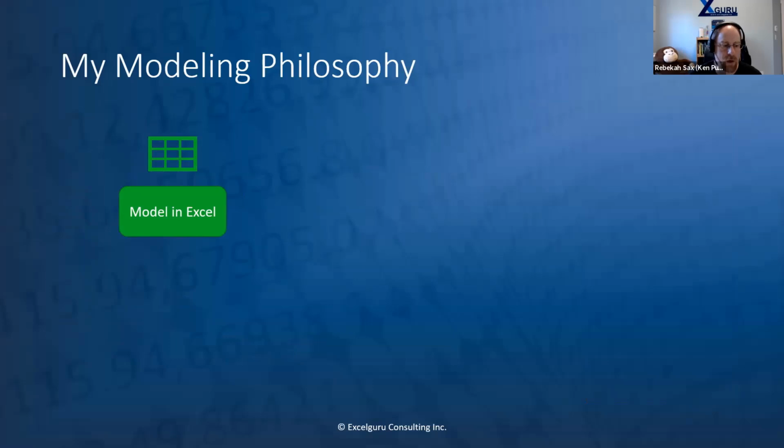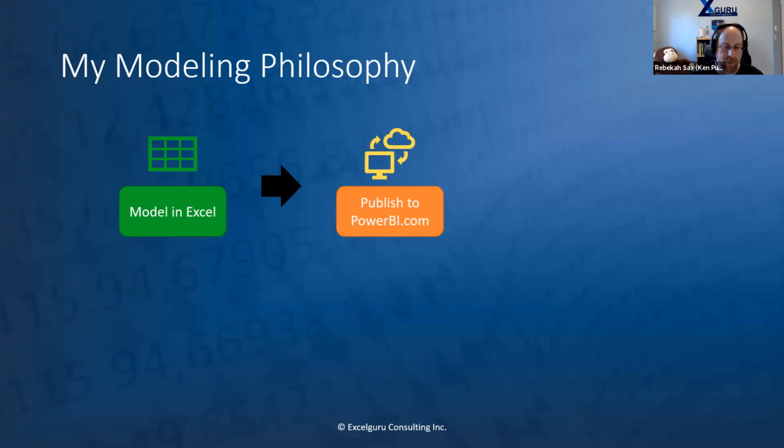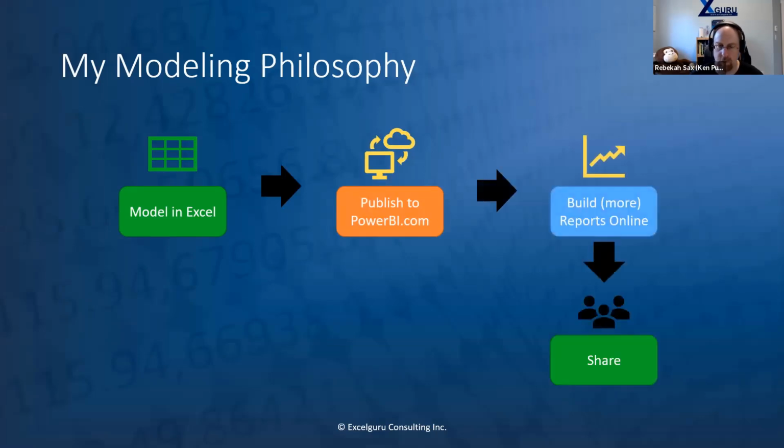for different things. Once I've built my model in Excel, I will take that using Power Query and Power Pivot. You build it all up, you get it all ready to go, and then I'll publish it into PowerBI.com. From there, I can build reports online and then share it with my audience. So I actually get the benefits of both Excel and Power BI working together, because I have all the benefits of unstructured analysis that Excel has always been good at